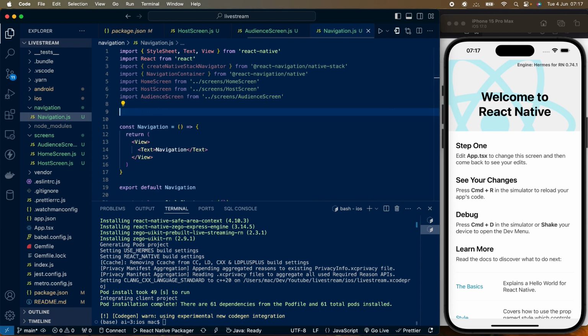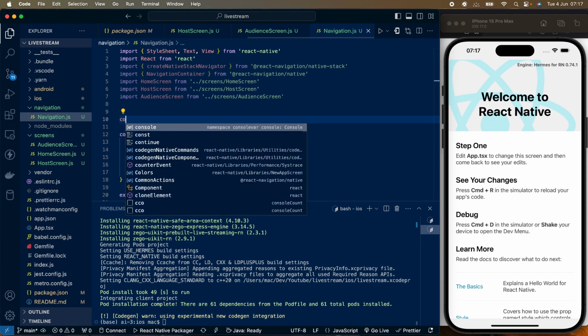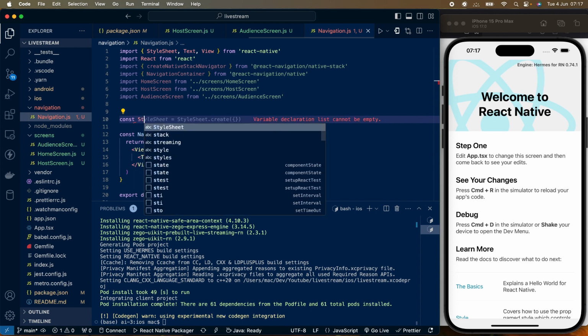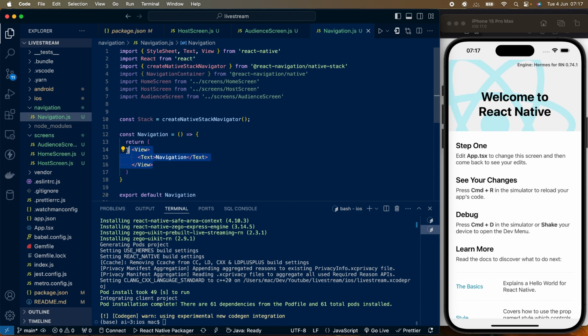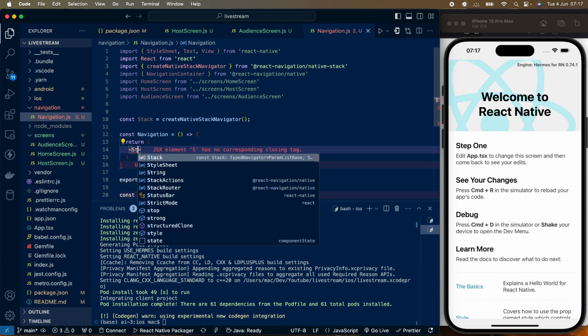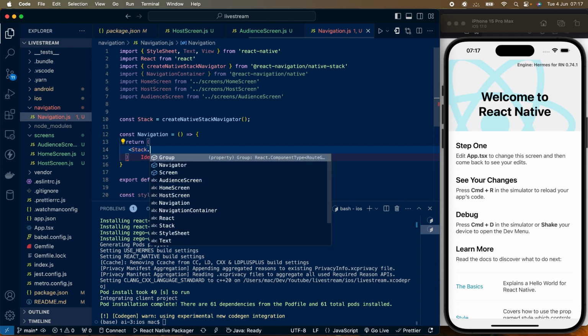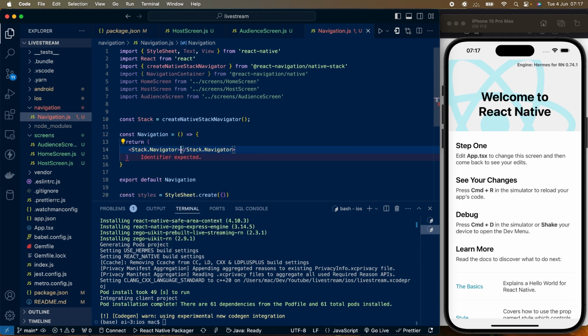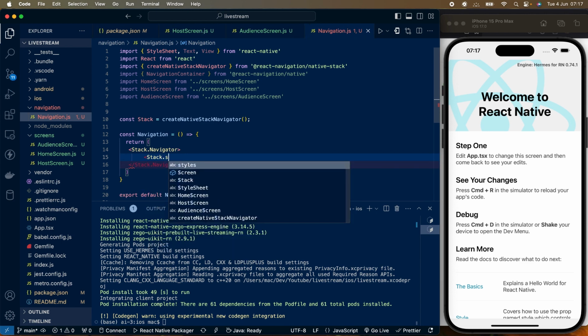And then we will say const stack equal to create stack navigator. And then here we will place it. We say stack, return stack dot navigator, and then within this stack dot navigator we say stack dot screen,